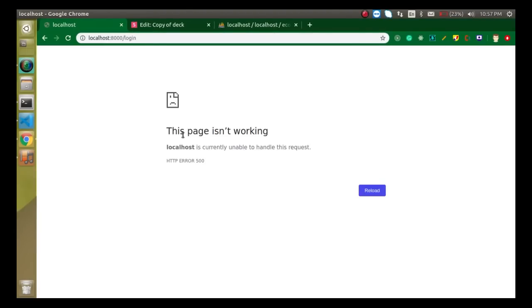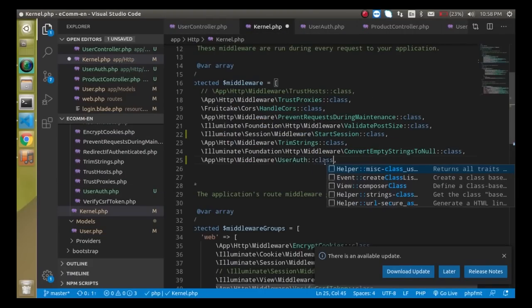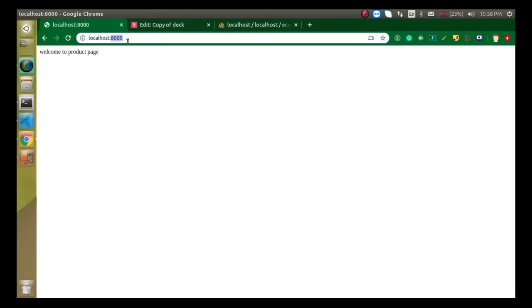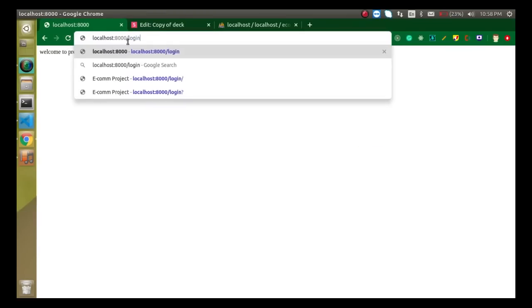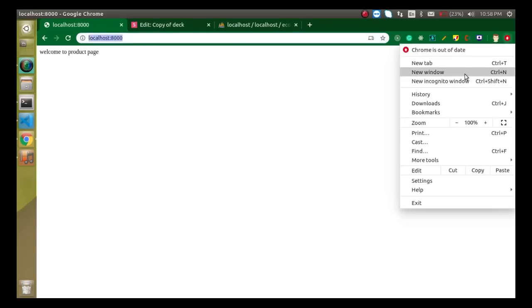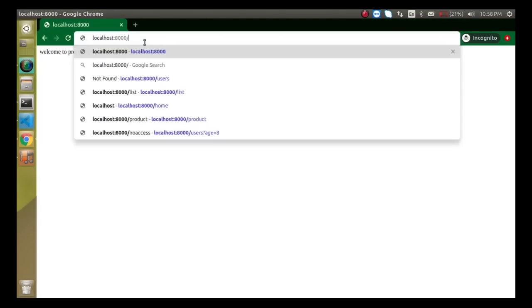Okay, yes, actually I just forgot to use the class, I just remembered that, and now we are on the welcome page. So now let's try again with the login. We cannot go to the login page because our session is already set. If you want to see the login page, you need to open incognito mode, right? So let's go for a login,